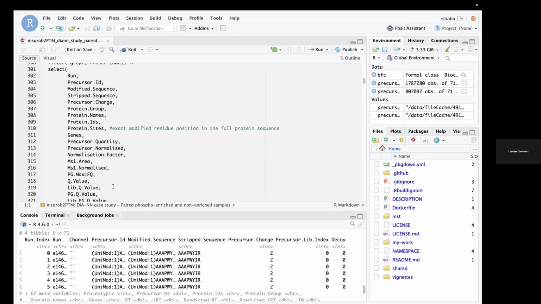So this is what you would get if you would read in a protein table, so to speak. This summarization from peptide to protein is already present. And then we have Q values that give the quality of the identification of the precursor. And we will also use the LibQ value, because sometimes